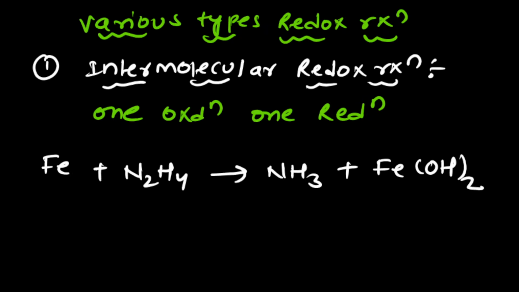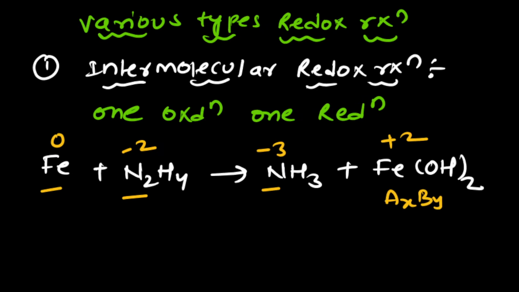Now here you can see what is the oxidation number of the iron here. Iron is present in its stable state, its oxidation number is 0. Now here the nitrogen oxidation number is -2. Here in the product the nitrogen oxidation number is -3. Now here the iron oxidation number is +2. Sir, how has it become +2? I already explained very clearly that it is in the form of the